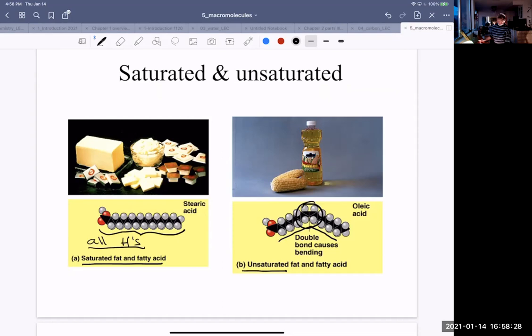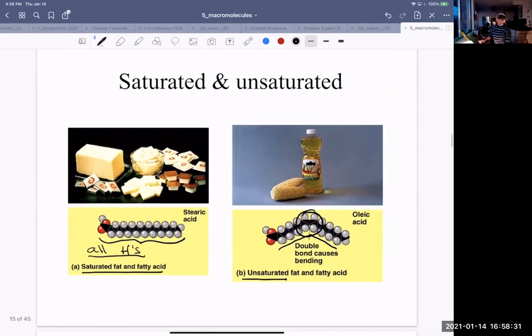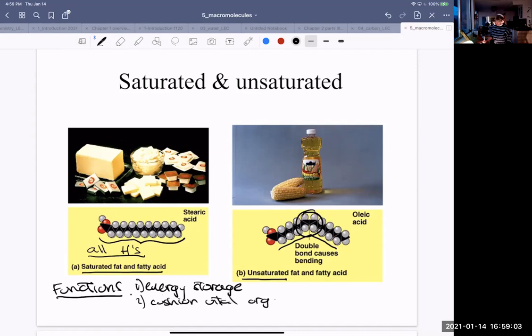The functions of fat are many. One is energy storage. There's quite a lot of energy in fat, more so than in polysaccharides, interestingly. Another is to cushion vital organs, and to serve as insulation